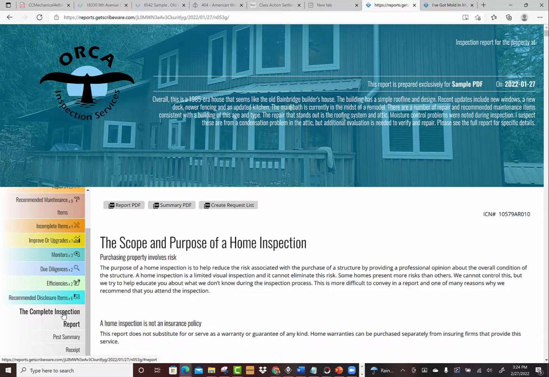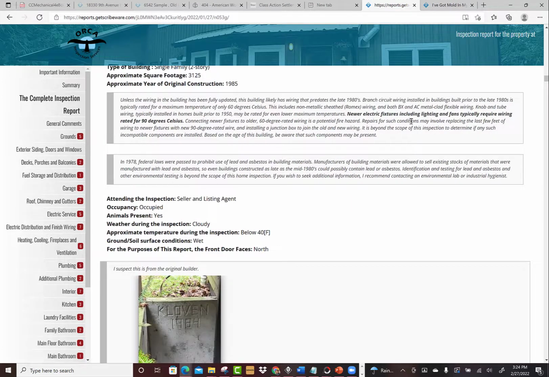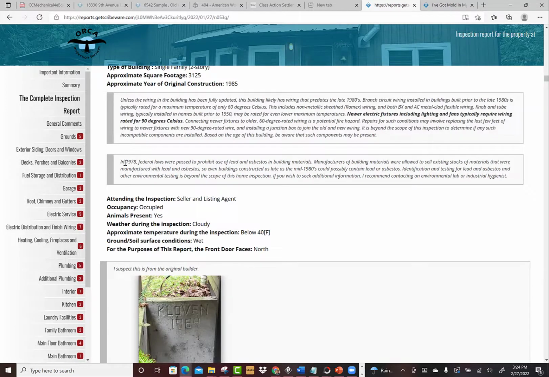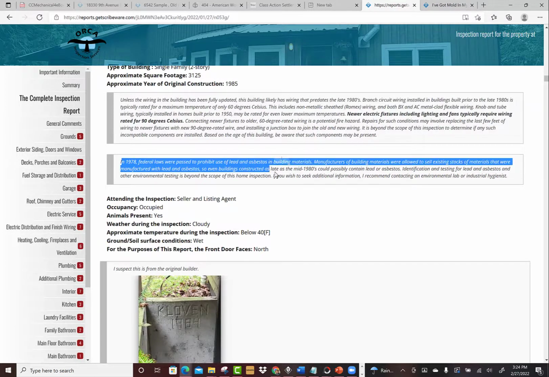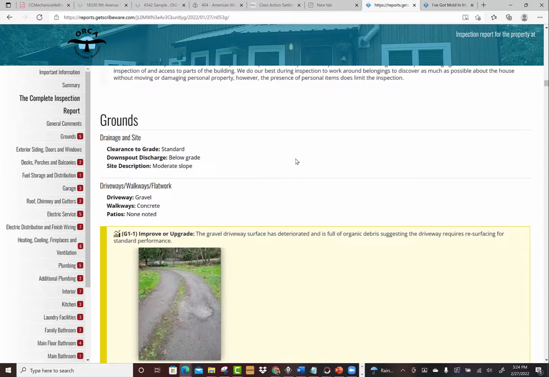When we get into the complete inspection report, you start getting a sense of how things unfold more for the retired engineer. Here we've got a lot of just what we call descriptive items that are background information. This is a lead and asbestos comment. We've got the descriptive pull downs that might be describing the building. That's following a lot of our SOP stuff that the inspector shall describe: the clearance to grade, the downspout discharge,